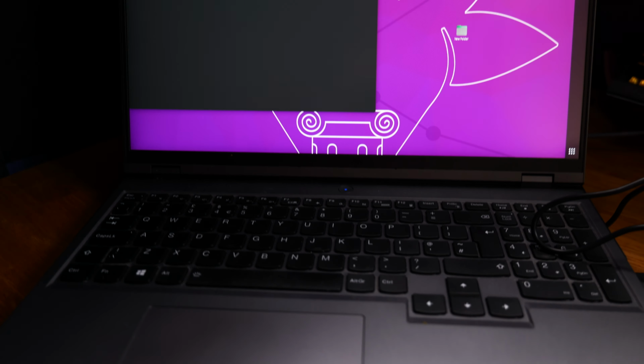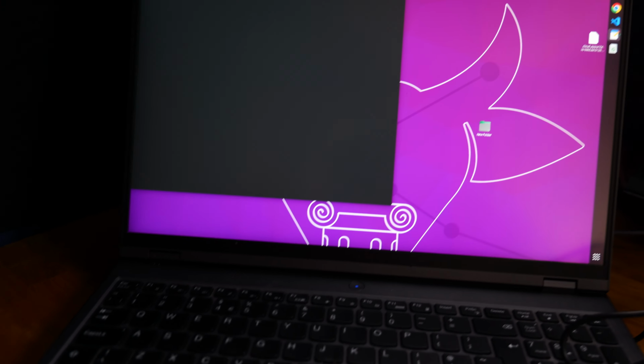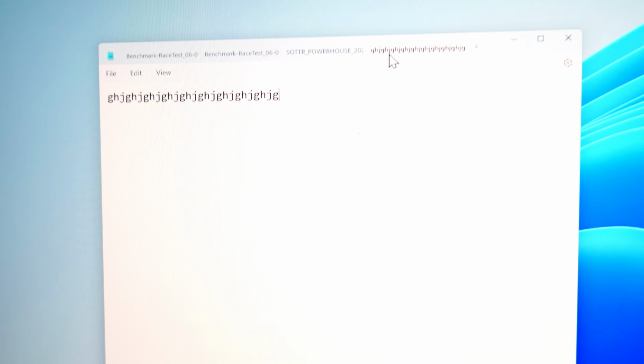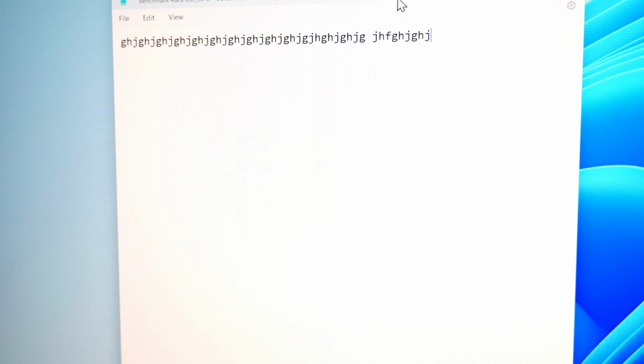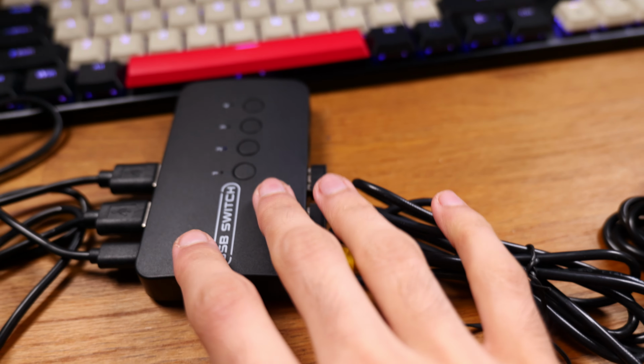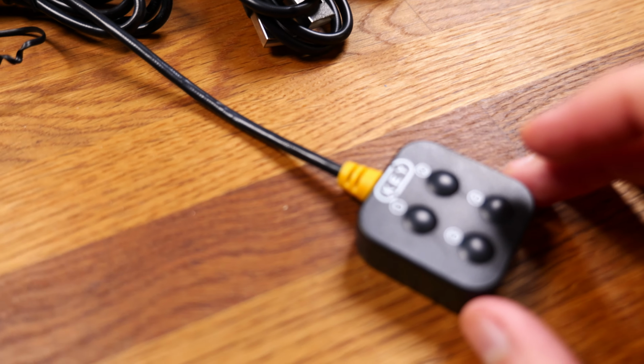Here's my Windows PC, and then here's my Linux PC. It's a laptop. This keyboard, let me just zoom in a bit. Right now, as you can see, it's working on my desktop PC, and then my mouse as well. It's working on this PC. Now depending if I want to press it on this, or if I want to press it on this,